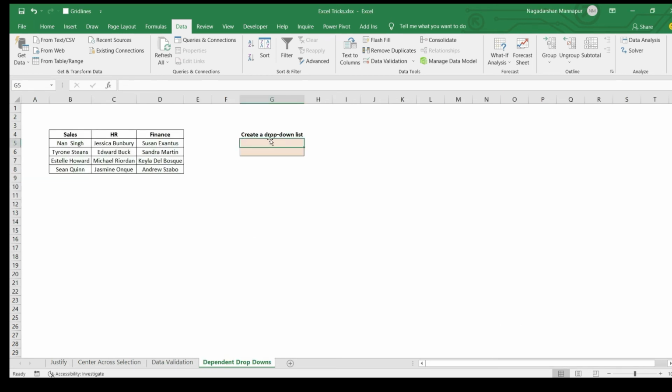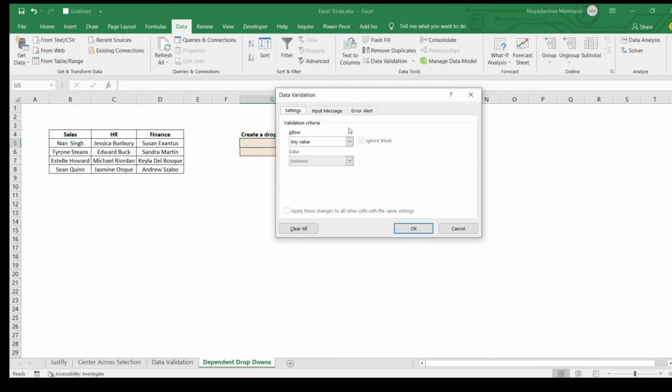Next one is to create a dependent drop-down list. If I select sales, I need to display these employee names. If I select HR, I need to bring these employee names. For example, here I'm going to create a drop-down list, select it, data validation, settings, list. In that list, I'm going to click inside the source.